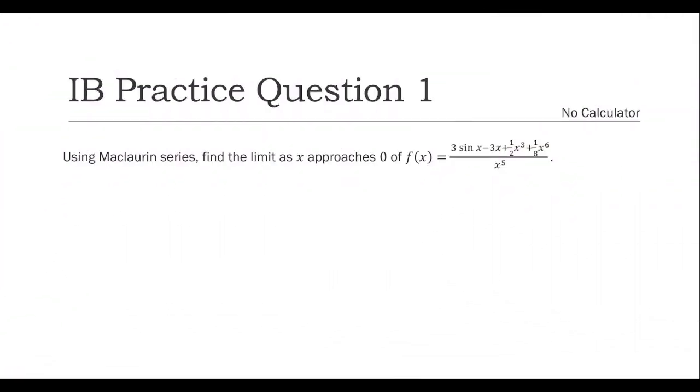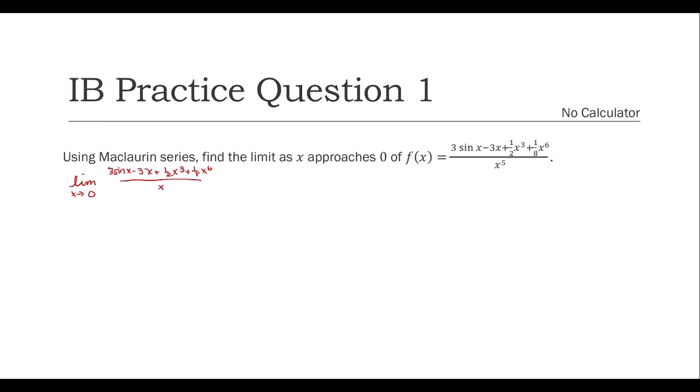So here we have our first IB practice question. It says, using Maclaurin series, find the limit as x approaches 0 of f of x equals 3 sine of x minus 3x plus 1/2 x cubed plus 1/8 x to the 6th over x to the 5th. So if we did that limit of 3 sine of x minus 3x plus 1/2 x cubed plus 1/8 x to the 6th over x to the 5th,